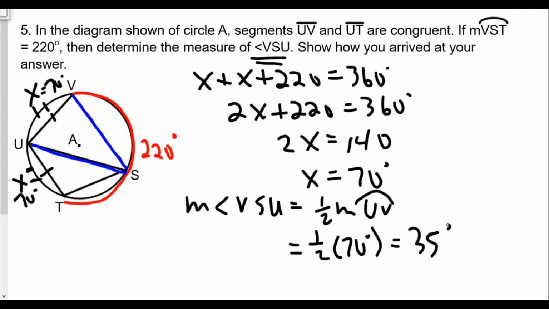Please remember these inscribed angles. How do we know which one's which between the central angle and the inscribed angle? The goal is to look for where the vertex is. The vertex of angle VSU is on the circle. Most of the time, the angle measure will be 1/2 the measure of the intercepted arc. So if you have an angle that's formed by 2 chords with the vertex on a circle, then it's called an inscribed angle, and it will be 1/2 the measure of the intercepted arc. Okay, so now